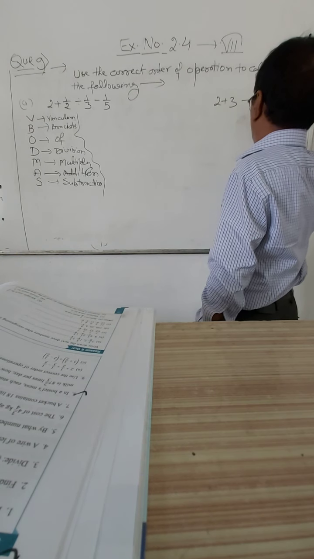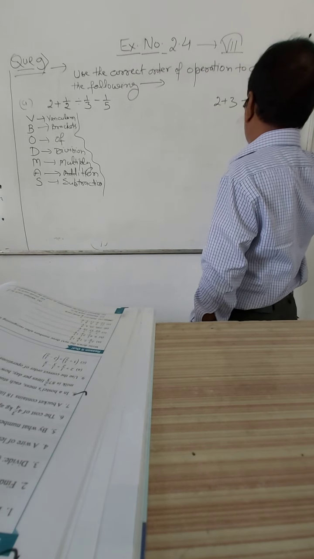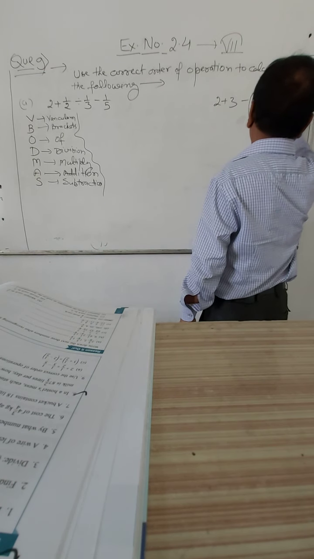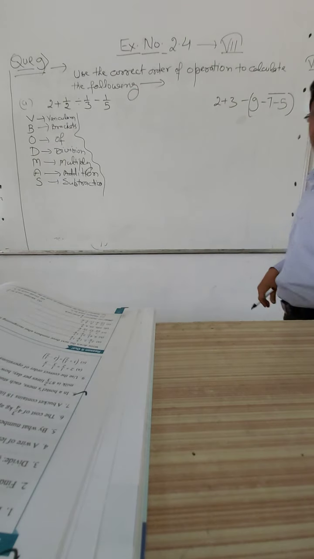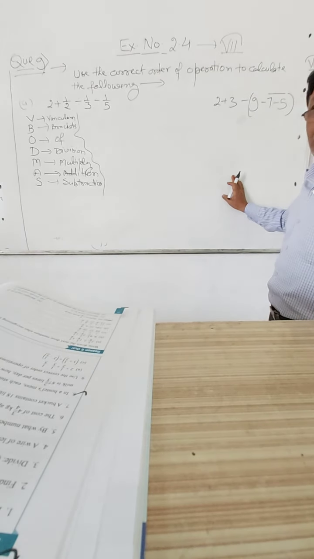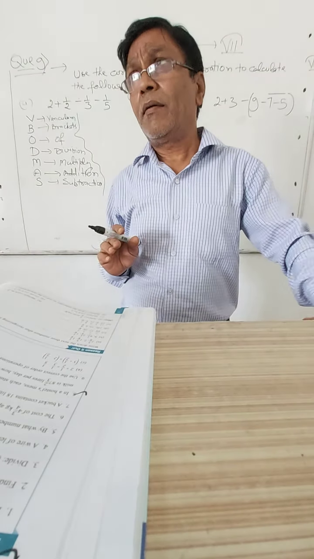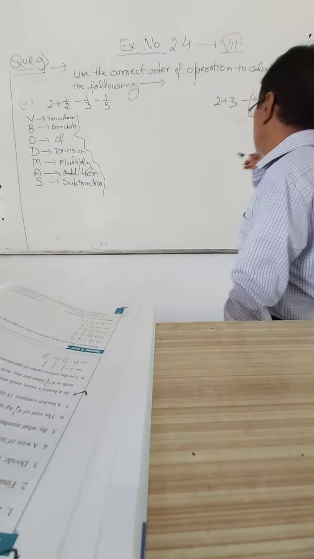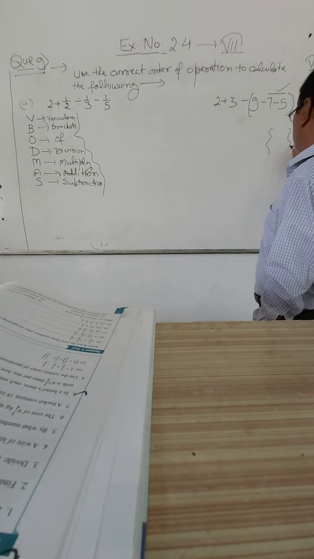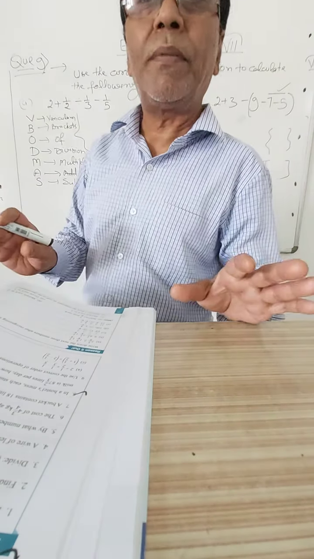So in this one, another line is drawn. This is a small bracket, and here also minus 5 this way, and here one line is given. So this line is called vinculum, or this is also called line bracket. Usually, how many types of brackets do we use? This is also a kind of bracket. Then a small bracket, then curly bracket, and this box bracket or big bracket. So these four types of brackets are there.